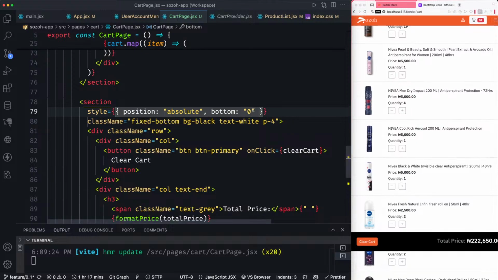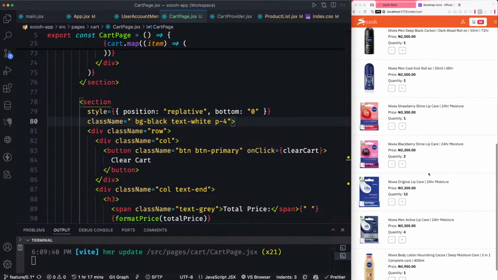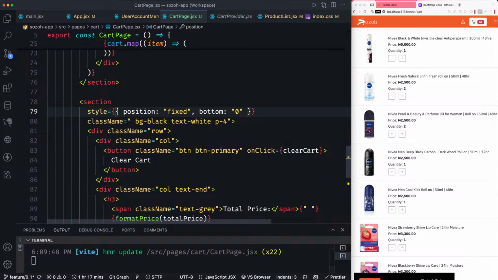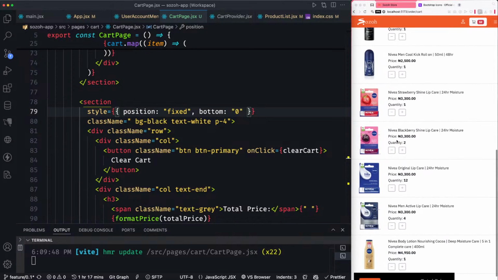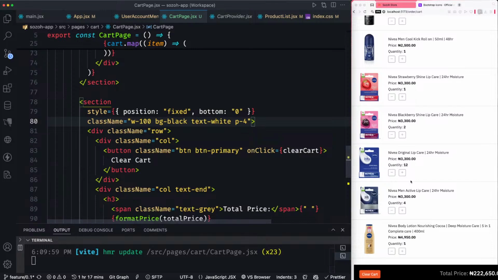Bottom 0. Absolute, no, fixed. Okay, yep. So that is 1, with 100. That is 2. Then